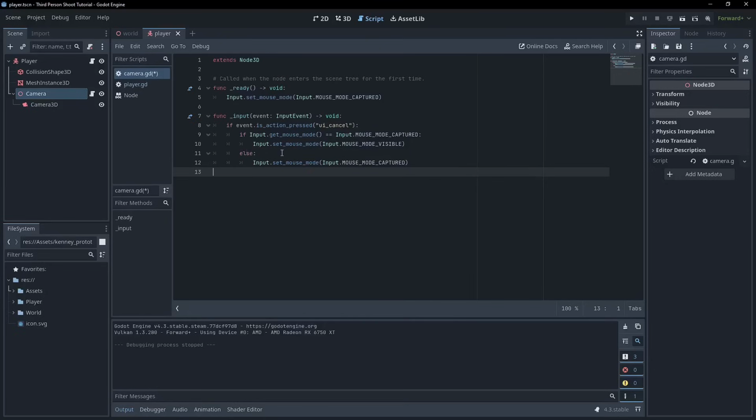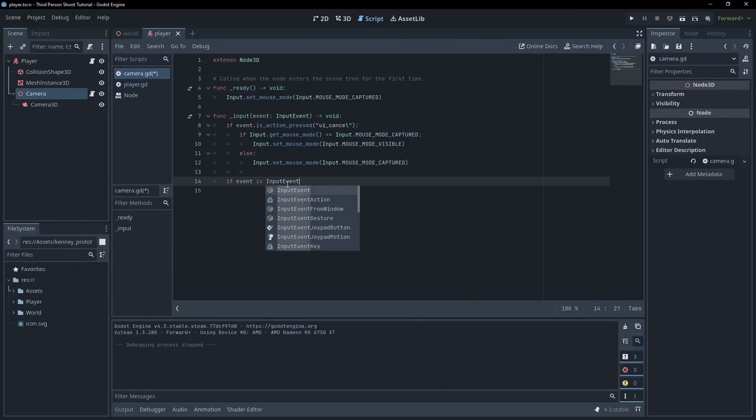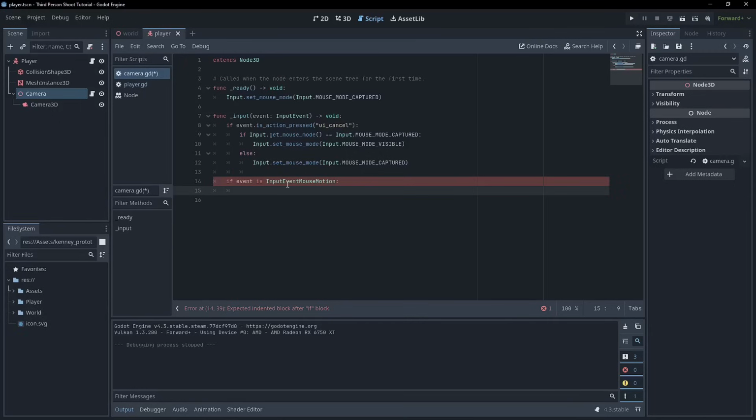So in order to rotate the camera, we can actually get information from the game about how the mouse is being moved. There exists an object called an InputEventMouseMotion. So we can actually check for that. We can say if event is InputEventMouseMotion, right? And so that will tell us that the input that's being put through this function is mouse motion. And from that, we can actually get information about how far the mouse has moved. So we can create a variable here and we'll just call it mouse_event, and it's a Vector2, and it's going to be equal to